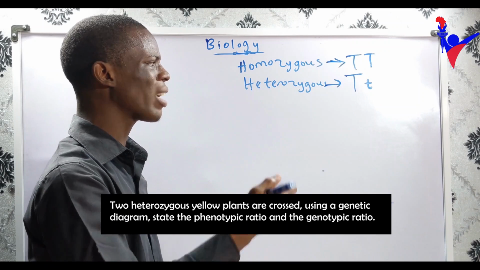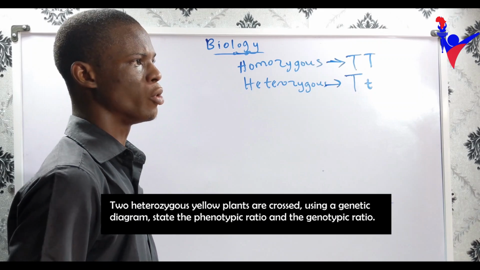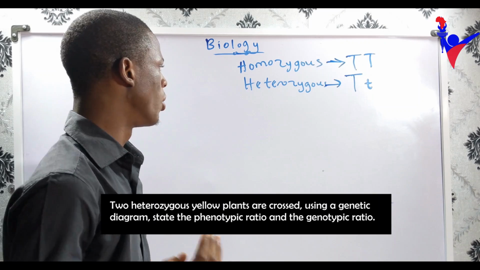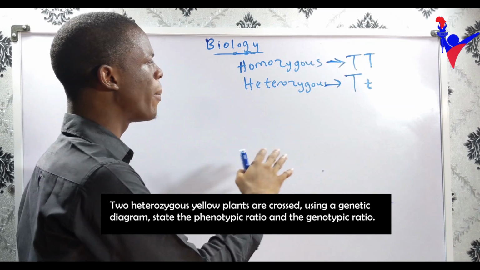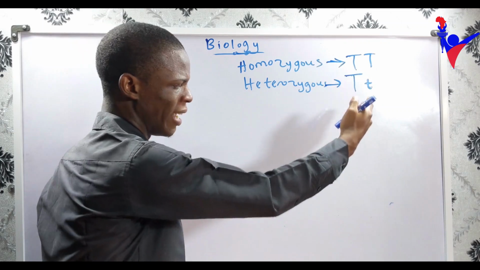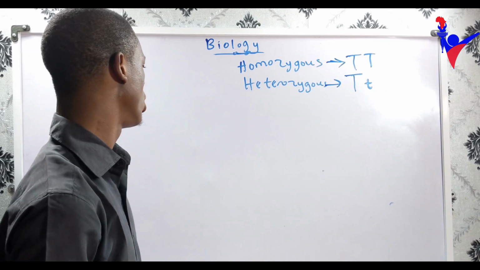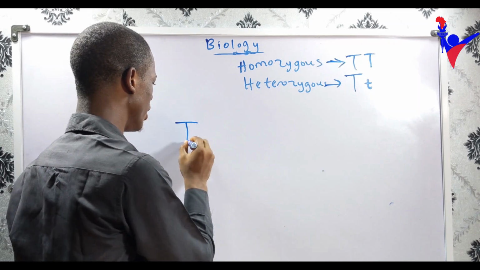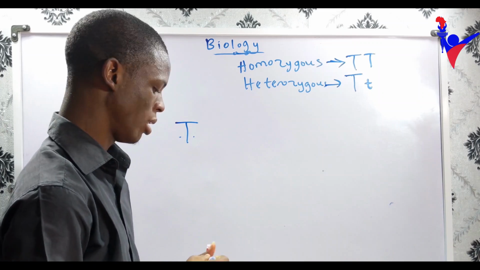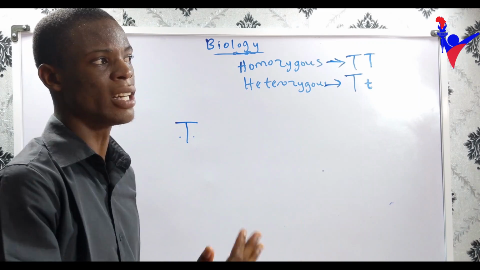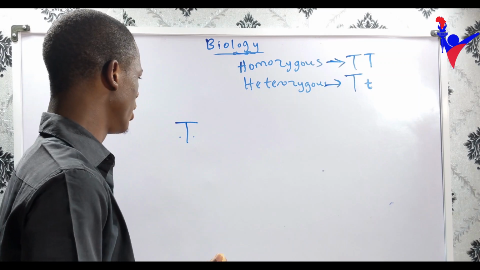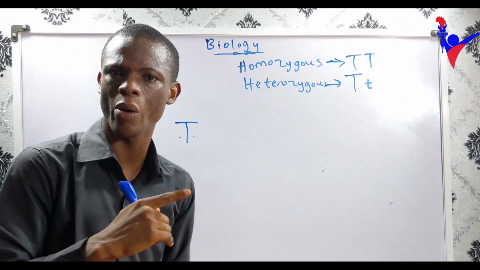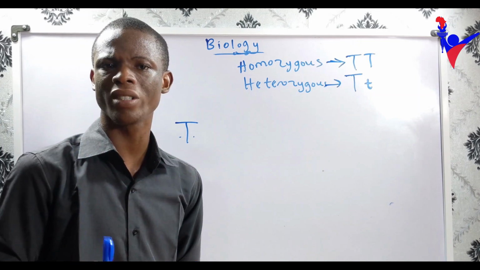But look at the question. This is where students get it wrong. The question states two heterozygous yellow plants. In genetics, since we are not asked for tallness, it will be wrong for a student to represent the trait with T, because the examiner has given a clue of what is probably the best letter to represent the traits you are being asked about. Back to the question, two heterozygous yellow plants,